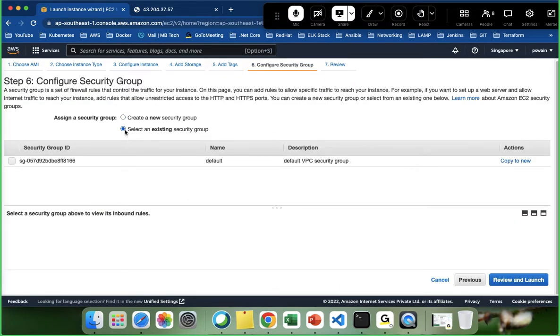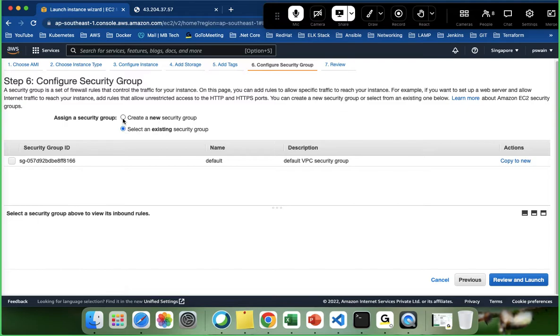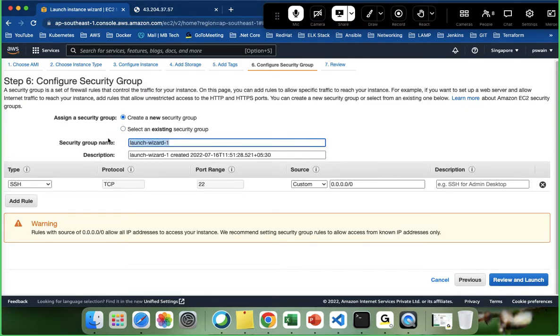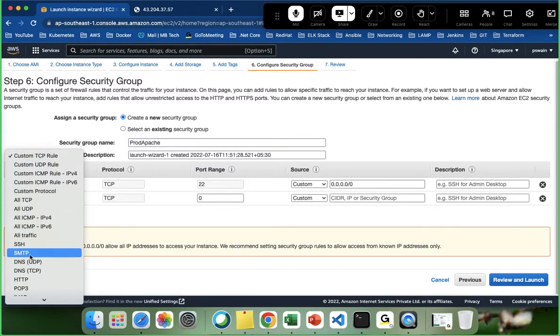Use key. See here also, key is region specific, right? I don't have any key available, so I can create a new key here. Okay, Apache. So let's go ahead and add HTTP row to, so that